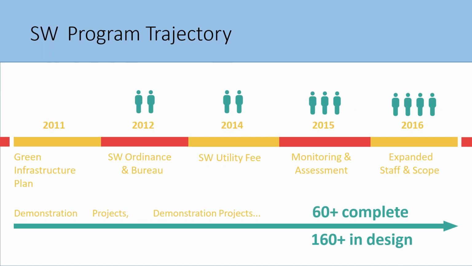Since 2014, we've hired some additional staff. So now I have 2 field technicians, a junior engineer, and a planner on full time. And we're responsible for not just working with our developers and consultants, but also with the rest of Public Works and our economic development folks to make sure that stormwater, wastewater, and drinking water are all integrated to the extent that they can be. To date, we have over 60 projects in the ground. We have another 160 plus in design, and those lists are always growing. Next slide.